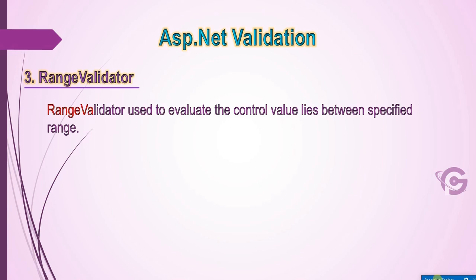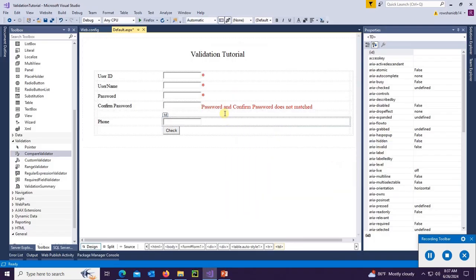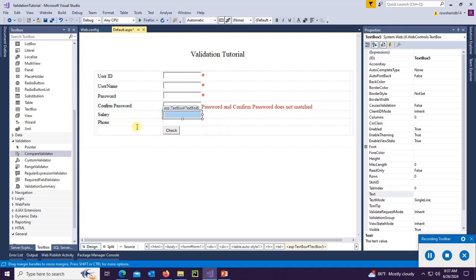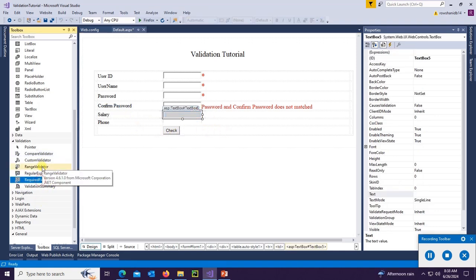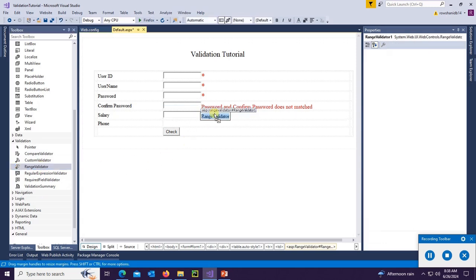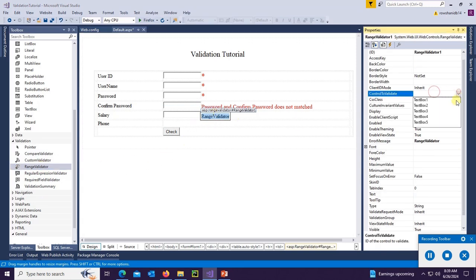Range validator is used to evaluate whether the control value lies between a specified range. At salary in text box 5, so this is range validator. I'm going to show range validator. Control to validate is text box 5, and then the error message will be: salary must be between 5,000 to 8,000